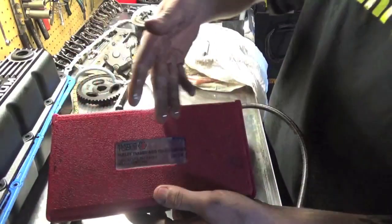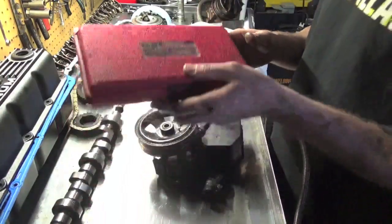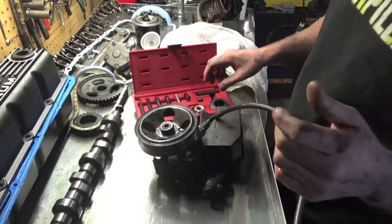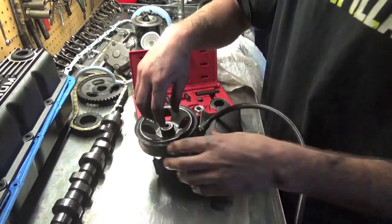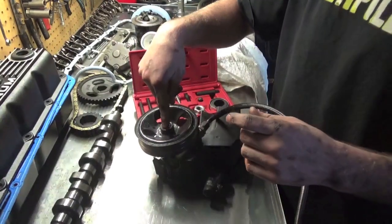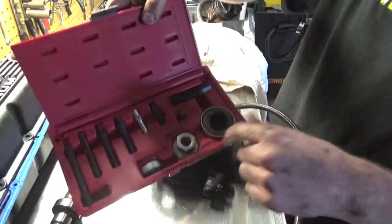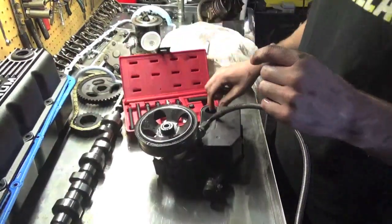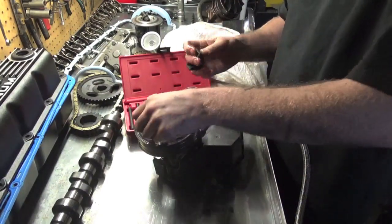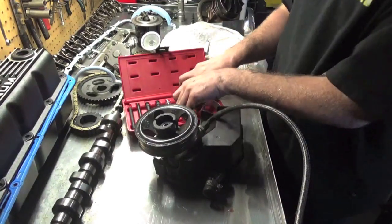Alright, so the first thing we are going to do is take this pulley off. We have a fancy Matco pulley puller and installer set. You can get a set of this off of Amazon. That is not Matco, but it will work just as good. What we have to do is grab the outer side, which is the actual pulley, and push on the inner of the shaft and pull this pulley off. We have a bunch of different bolts, hardware, clamps, and other things to get this accomplished. The first thing we are going to do is take our 2 clamp pieces, then take the nut